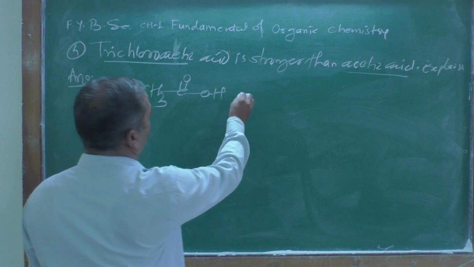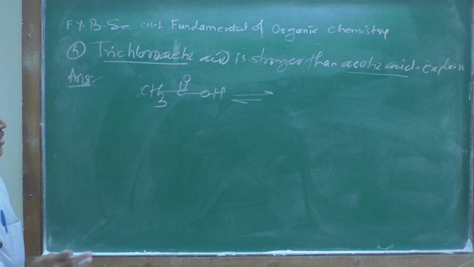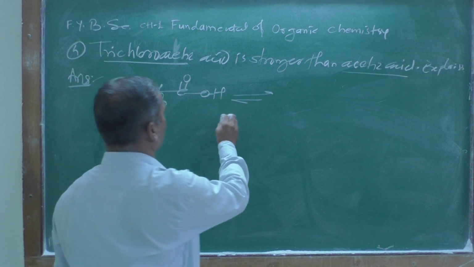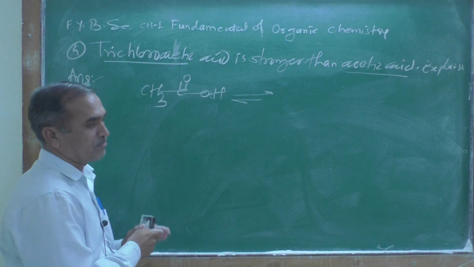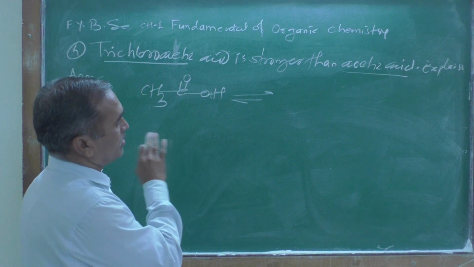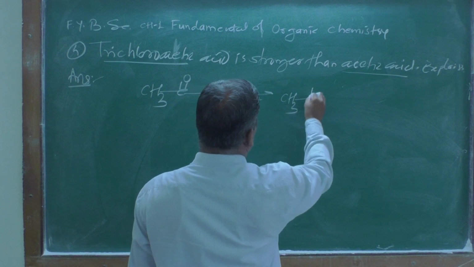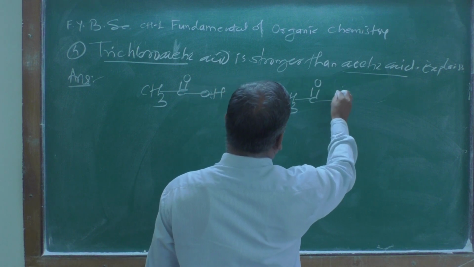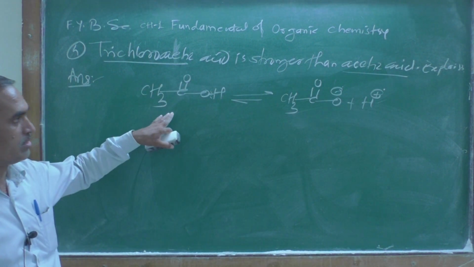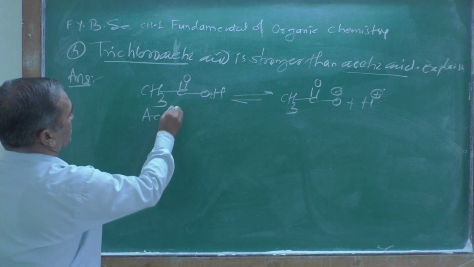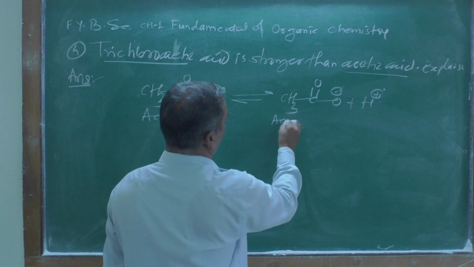Now let us see how to represent this dissociation reaction. As we know, the bond is cleaving, the bond is breaking from here, fission takes place heterolytically, and we are going to get here CH3, C double bond O, then O minus and the H plus. That's it, right? Once you draw the structure of acetic acid, this one, and this is the conjugate base, or we can call it the acetate ion,